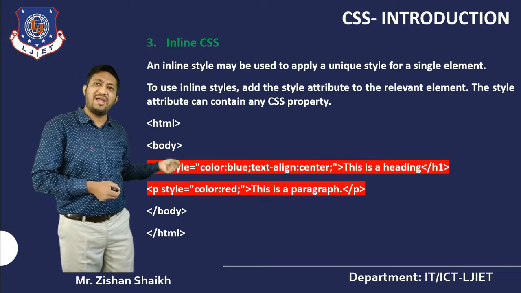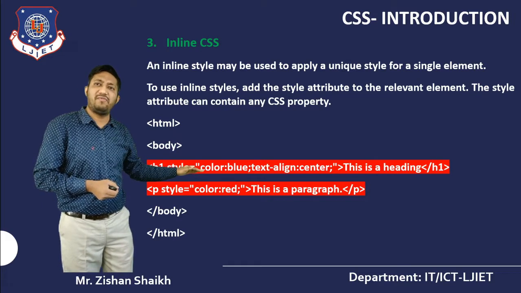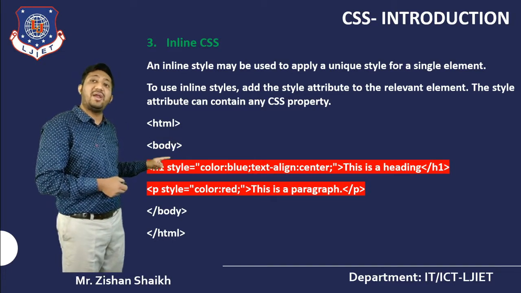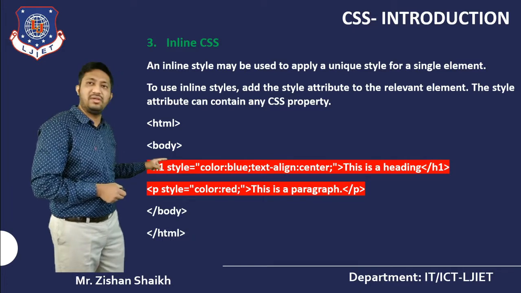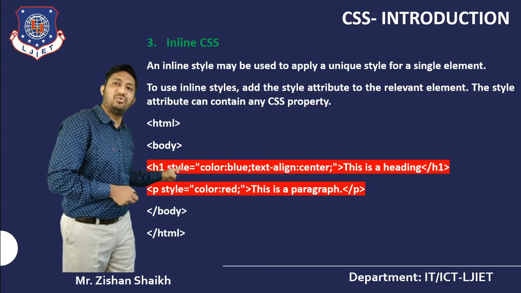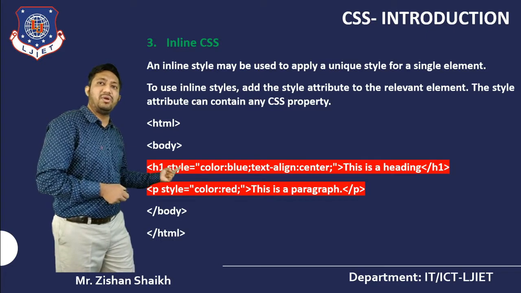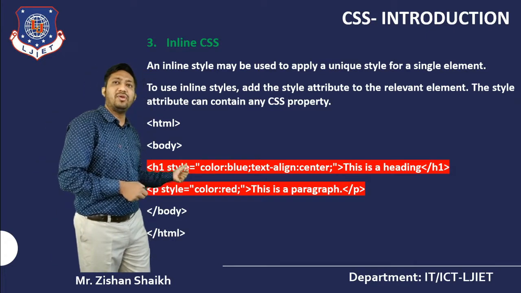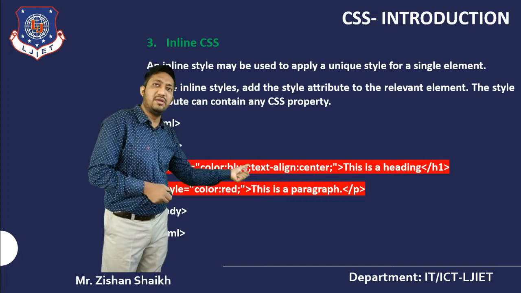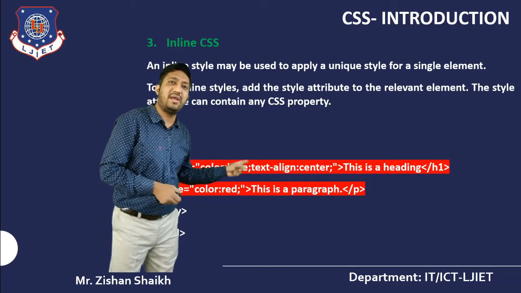So inline CSS means we are writing CSS code in the line of code of your HTML file in which you require it. For example, this is my H1 tag. In that I require CSS attributes. So what should we write here? For that you have to write, compulsorily, the syntax style is equal to. Compulsory here, one property is that style is equal to. You have to write the property and value. Here I am using color blue, then separated by text align center. So only this H1 tag is assigned the properties color blue and text align center.